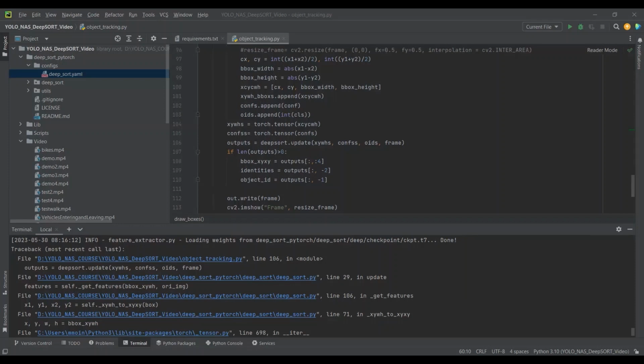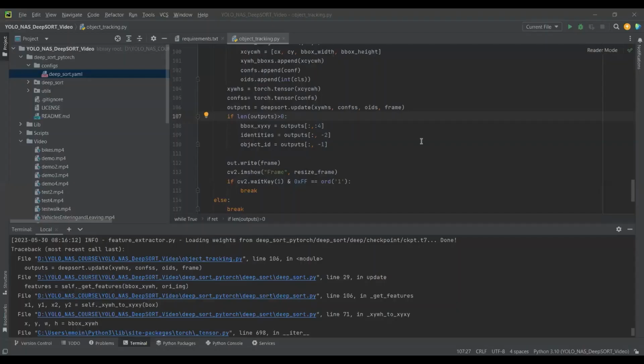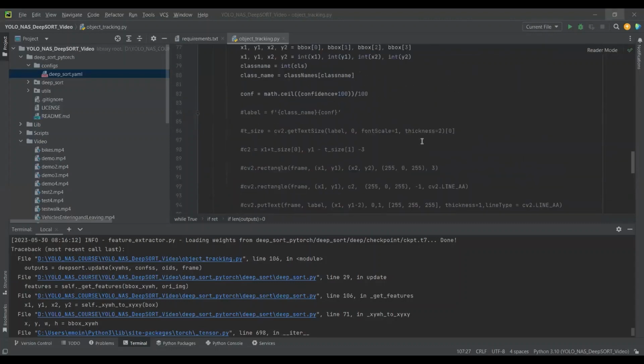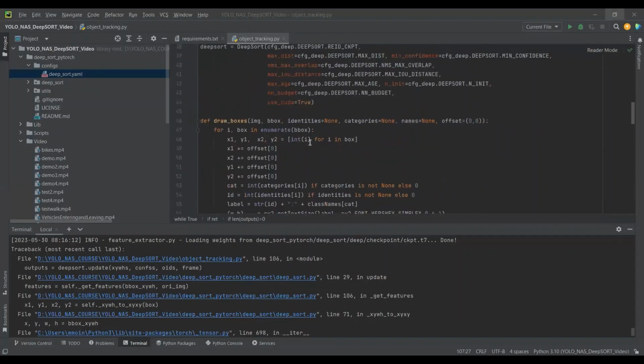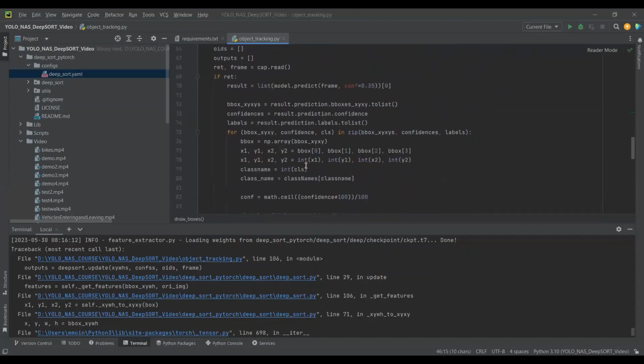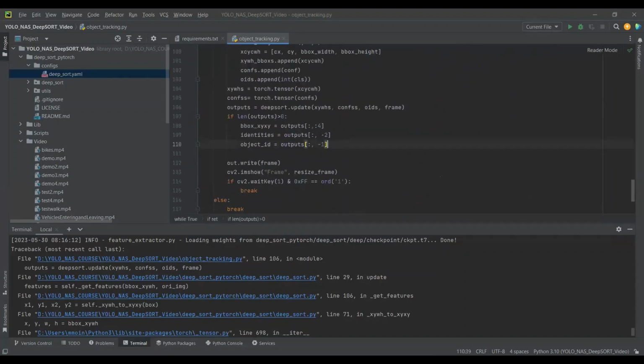Let me look into this error. One thing I see is I'm not calling this draw_boxes function. So just copy this from here and just write draw_boxes and write here frame,